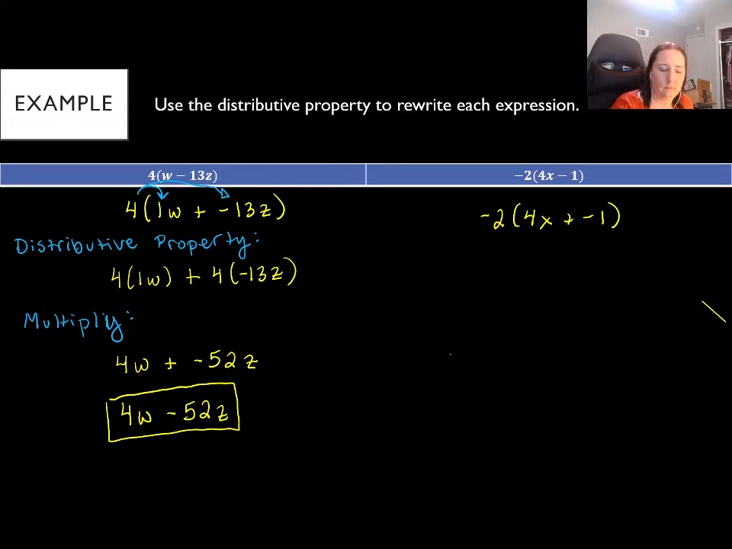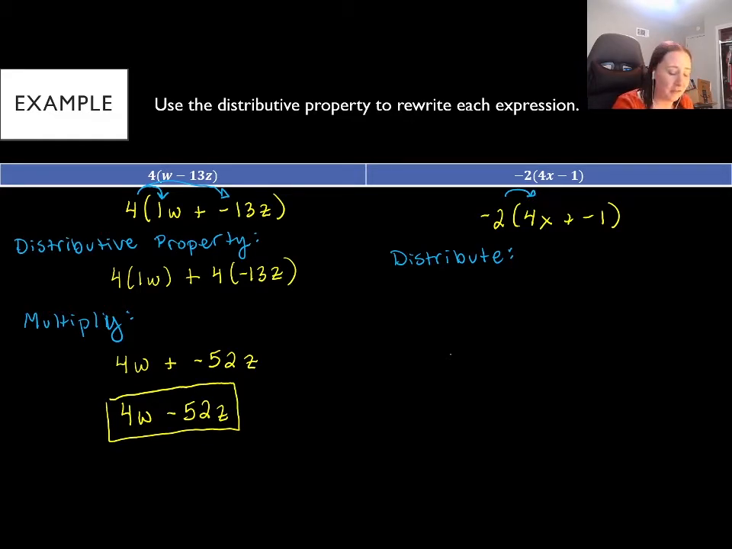So we're going to start by using the distributive property, and you could just write "distribute." That's like the verb telling you to do the distributive property. So we're going to have negative